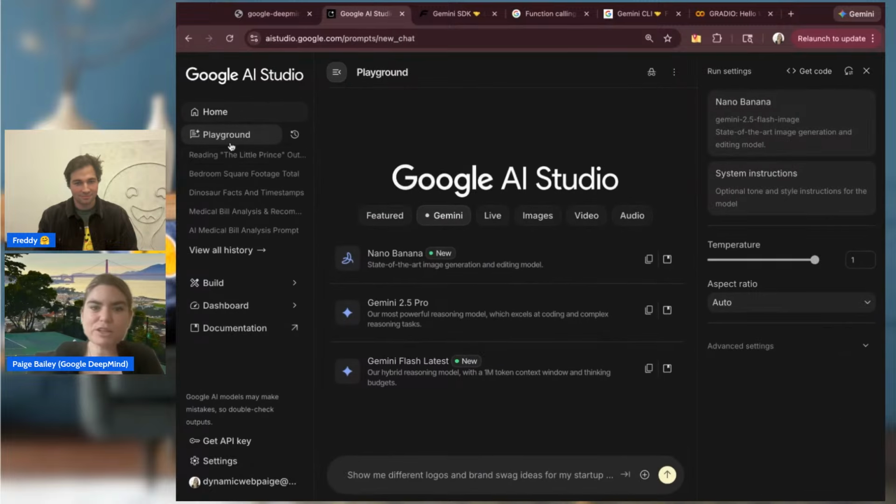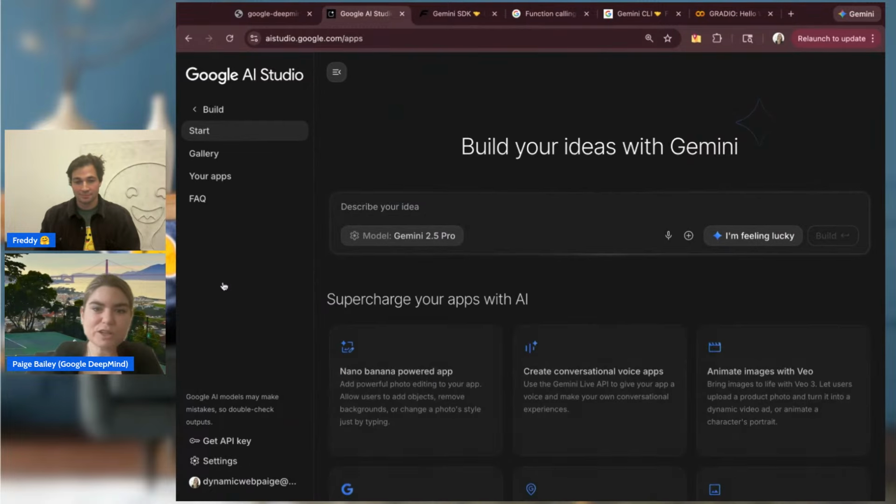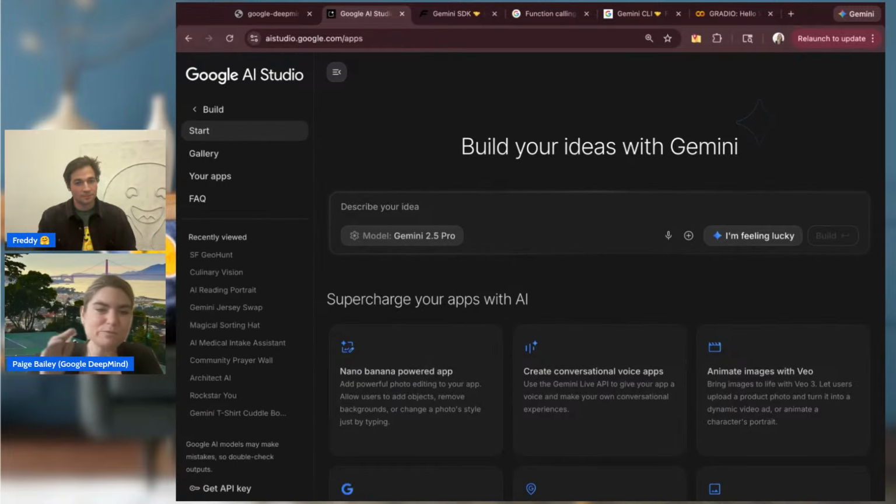If you've never used our build feature either, if you've tried out something like v0.dev or Lovable, it's very similar. You can describe an idea that you would like to have created as an app, something to the effect of, create an app that uses Nano Banana to take a picture with the webcam and transform the user in some way.